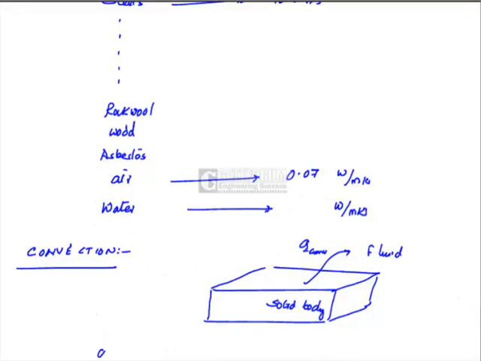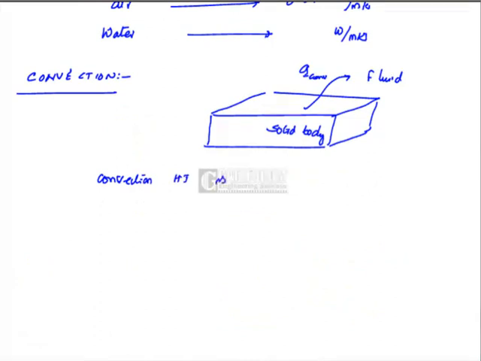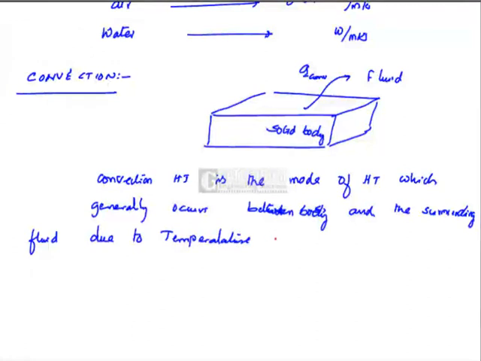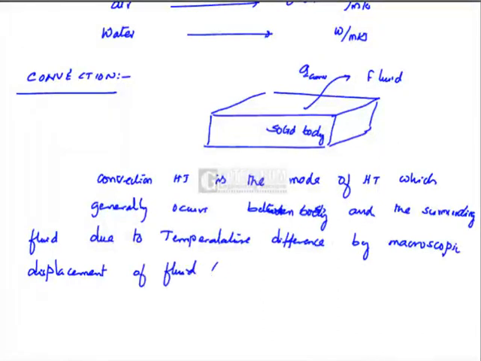So I can say that convection heat transfer is the mode of heat transfer which generally occurs between a solid body and the surrounding fluid due to temperature difference by macroscopic displacement of fluid, that is in the case of forced convection,